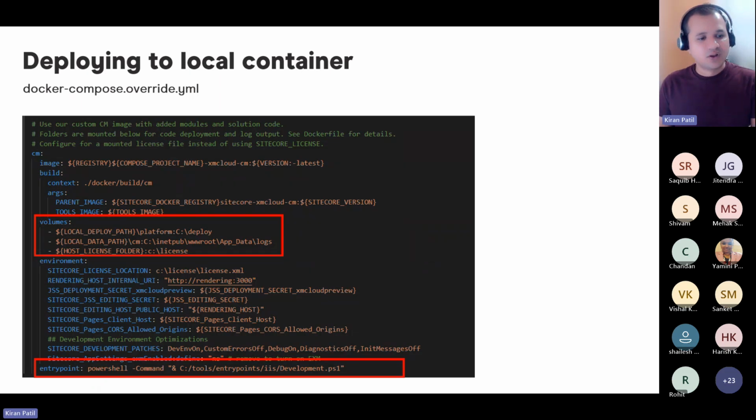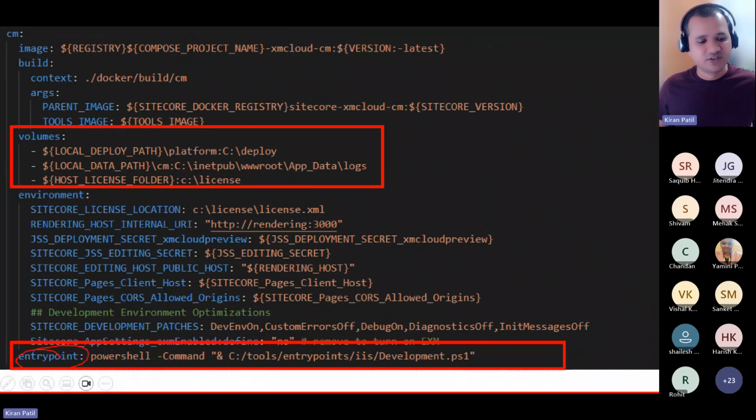And then this Docker Compose has all the definition which you need. When you start your Docker instances, the entry point is the main thing which gets called. And then you can see that this development.ps1 has all those things which you need to run your local environment. And mainly the watcher is the key thing. So when you deploy your local stuff here, there is a watcher which is part of this